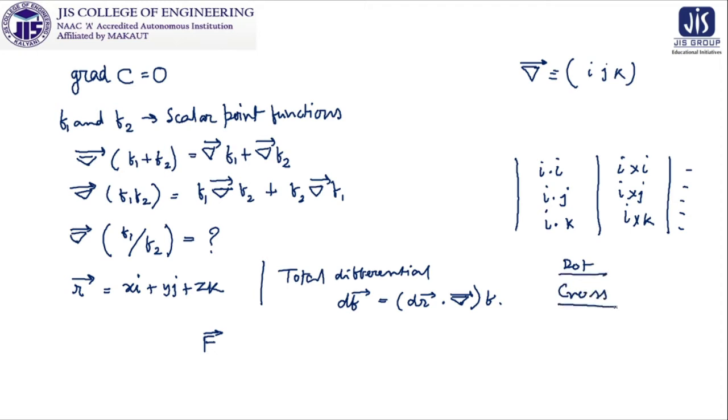These are very important for our coming problems, so please make a thorough revision of dot product, cross product, and also the scalar product. Okay, so if we proceed further,